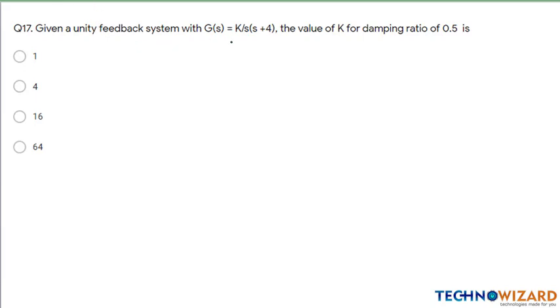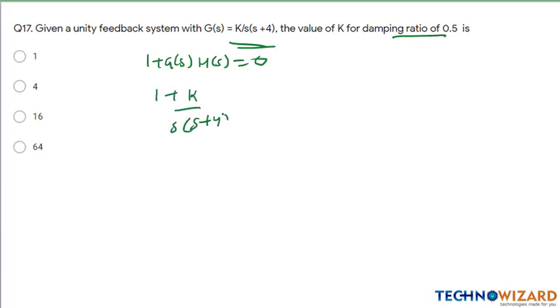Given a unity feedback system, that is k upon s into s plus 4, we have to find the damping ratio. For this, we have to find the characteristic equation, that is 1 plus G(s)H(s) is equal to 0. H(s) is 1, therefore 1 plus k upon s into s plus 4 is equal to 0. This will come out to be s square plus 4s plus k equal to 0. If we compare our equation with s square plus 2 zeta omega n s plus omega n square,